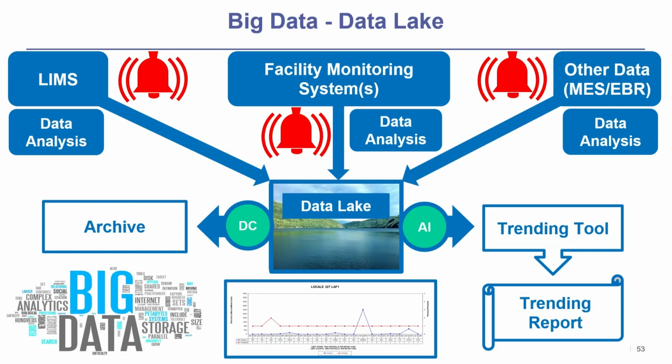One part is the evaluation of this data: using artificial intelligence with algorithms, you will apply trending tools with the objective of generating trending reports that give you trends for the different elements relevant to action and alert levels or alarm evaluation. The second part is to use data centers for the archive of the data, to be sure they guarantee archiving this data for the long term. All this constitutes the big data system approach.